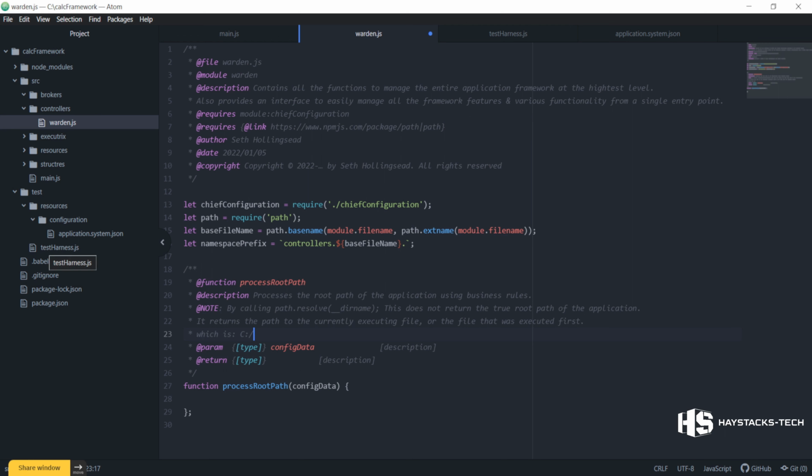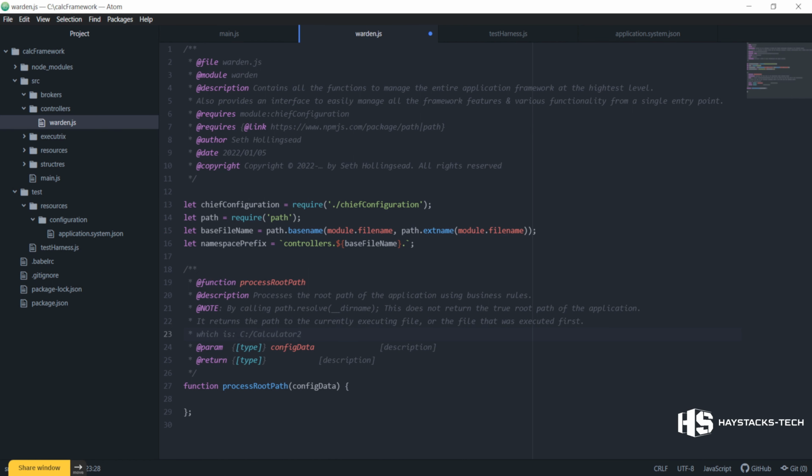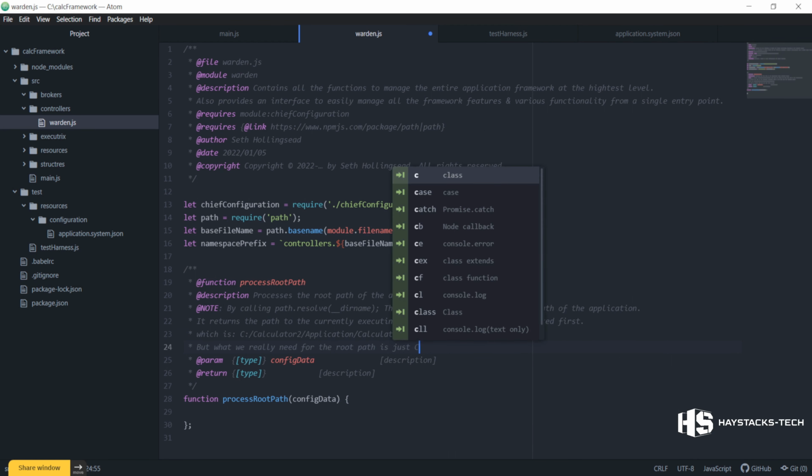This is the test harness application, but I can create another application that's using this same framework, and it's going to report that path. So I'm going to say calculator2/application. If I had another application and that was the path, that is what would be executed. But what we really need for the root path is just C:/